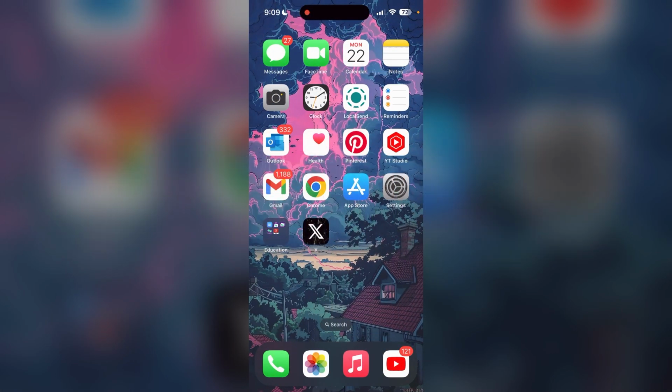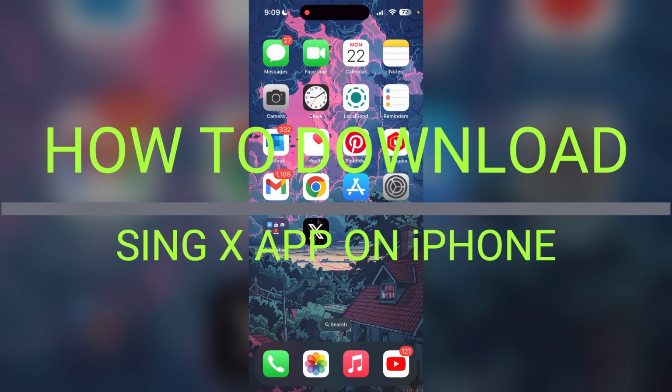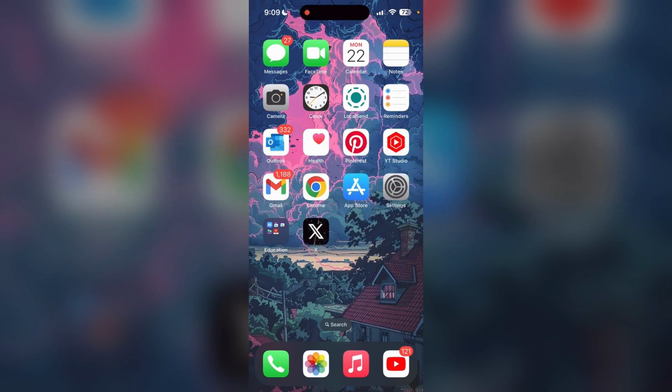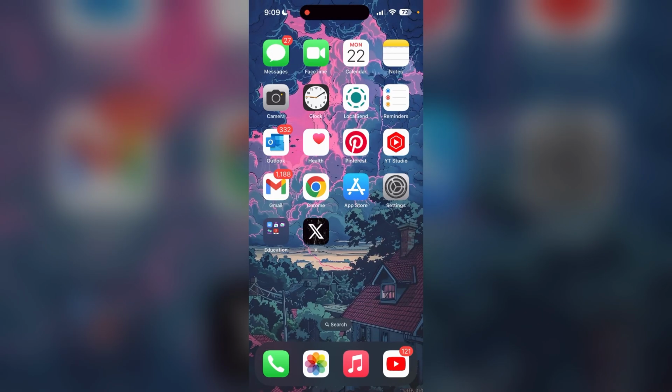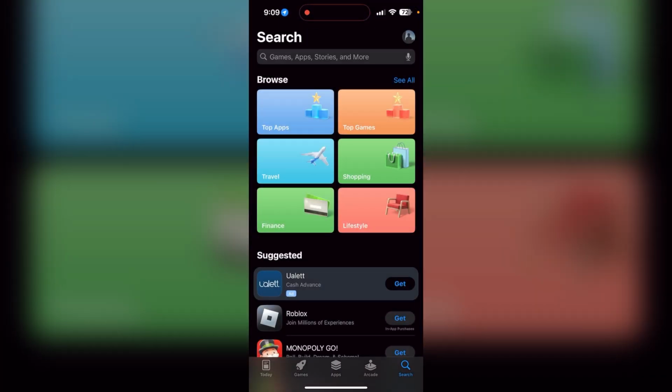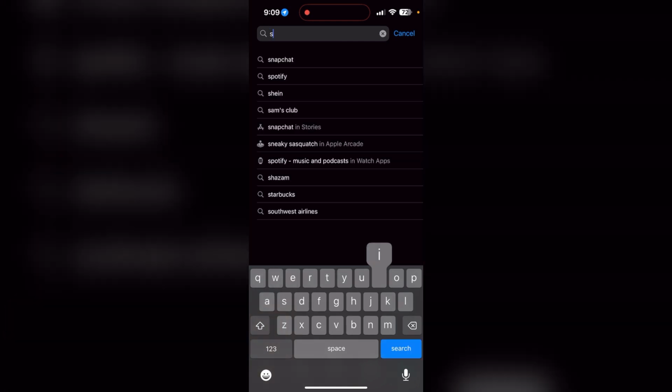In this video, we are going to learn how to download the SingX application on your iOS device. First of all, make sure that you are connected to your internet. After that, tap and open the App Store on your device. Now, click on the search bar and type in SingX